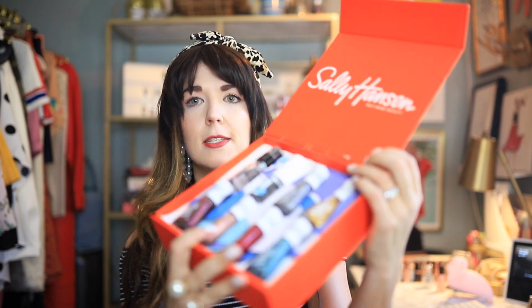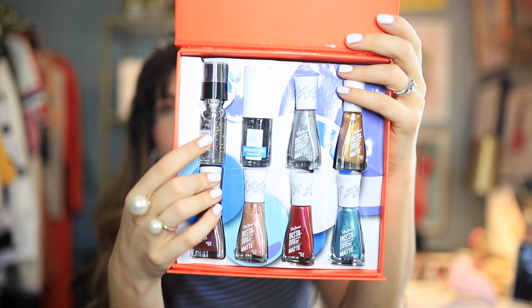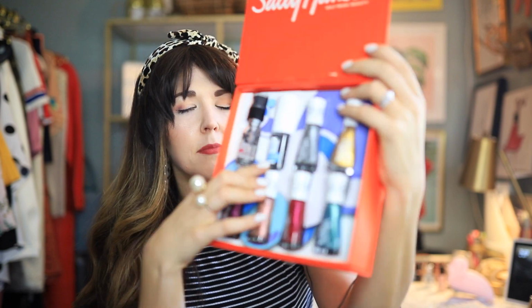So cute. Love them. All right, next I got a fun box from Sally Hansen. They send me some new products every now and again, and this time they sent me a box full of really fun Insta Dry matte colors. They seem to be all kind of sparkly colors. You guys can see. Comes with Hard as Nails nail serum, and then it also comes with a base coat